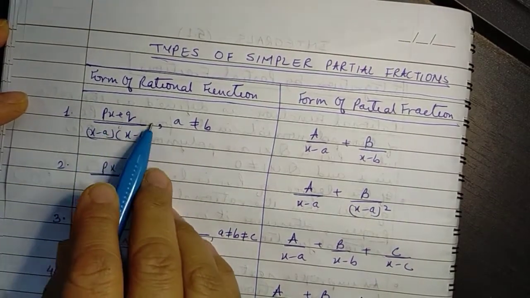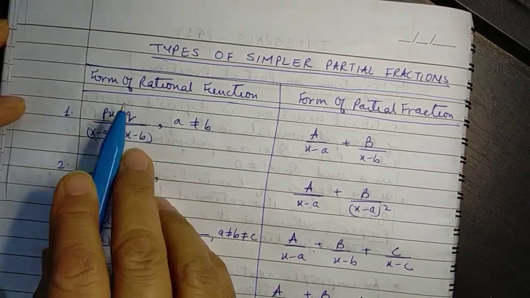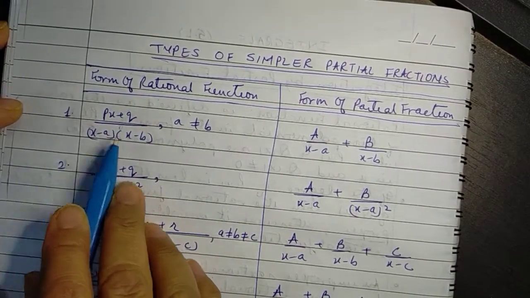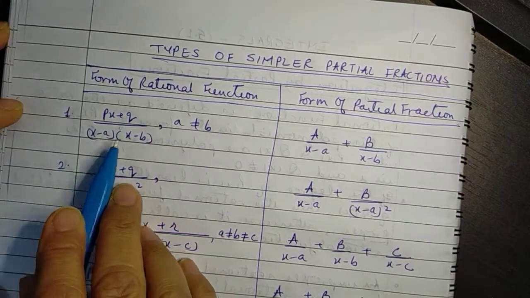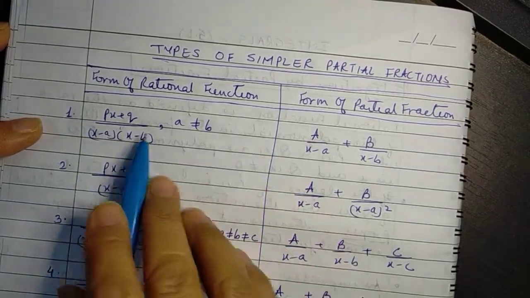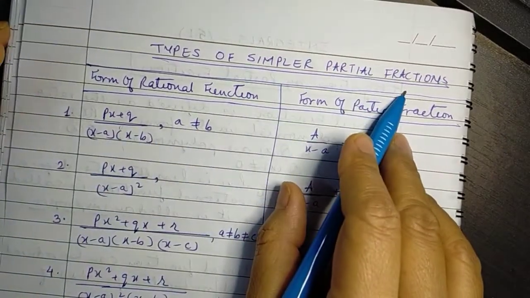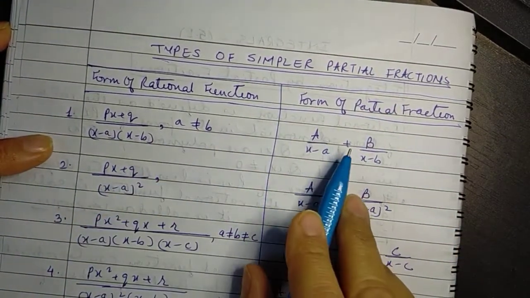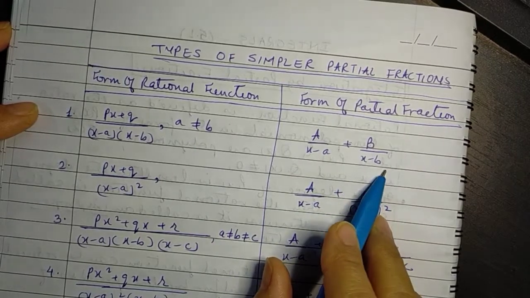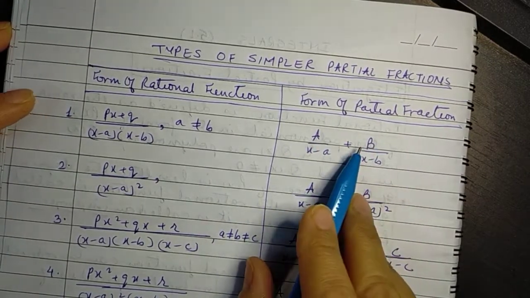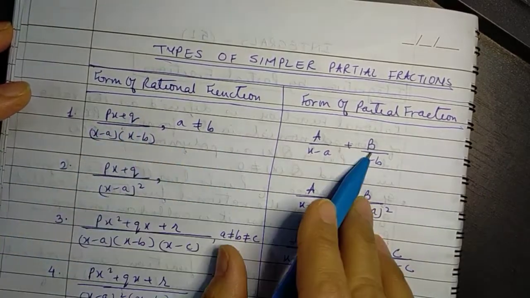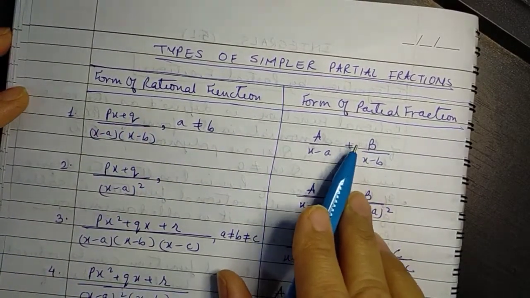After converting the given function into a proper rational function, if the function is of this kind, that is, in the numerator we have a linear function, and in the denominator after factorizing we get two linear factors, then the product of these two factors can be split using partial fractions into two simple single-denominator functions, that is, A upon x minus a plus B over x minus b, where A and B are constants so chosen that these two forms are one and the same. From here you can write in this form, and this can again be solved back to this form.